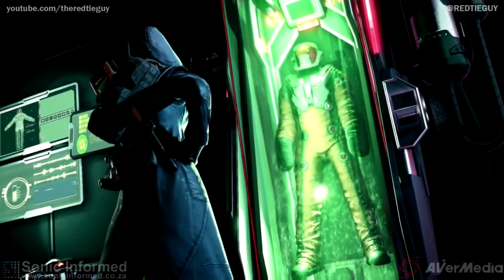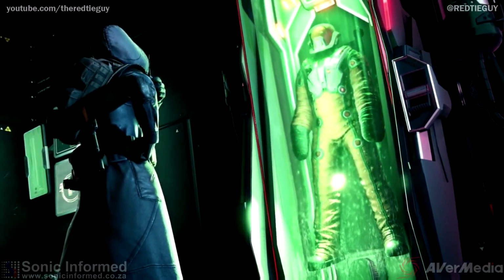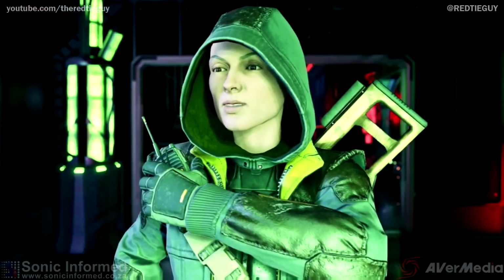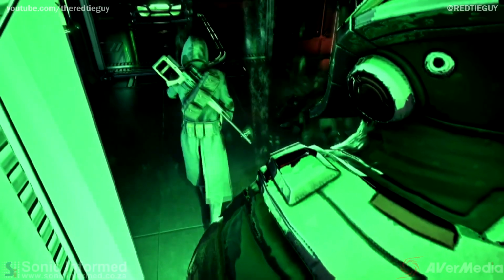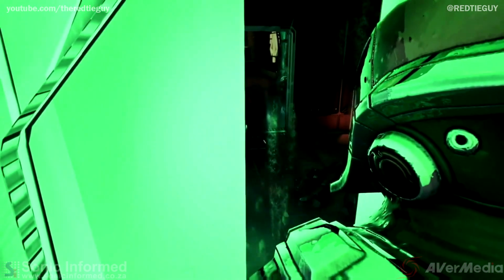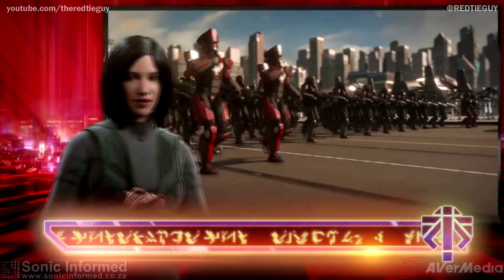XCOM 2 Collection, as mentioned, includes the base game, Shen's Last Gift, Anarchy's Children, Alien Hunters, as well as the Resistance Warrior DLC packs in addition to the War of the Chosen expansion pack. That is a lot of content in one collection. It is no surprise that it takes up a sizable amount, but how does the Switch version compare to the